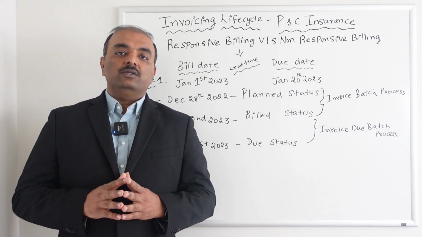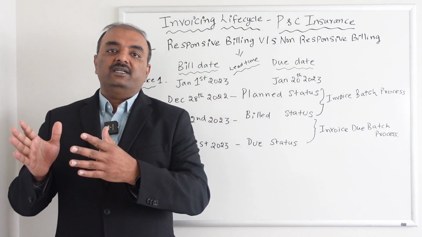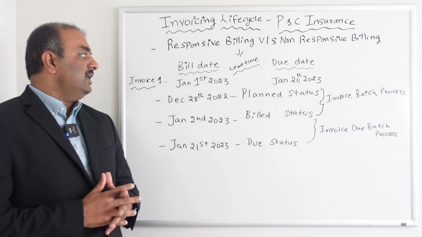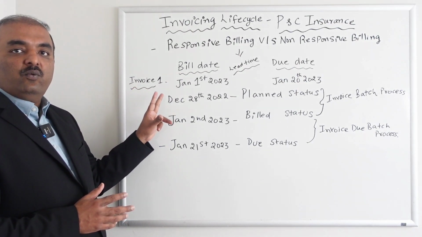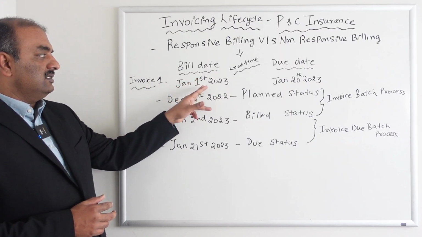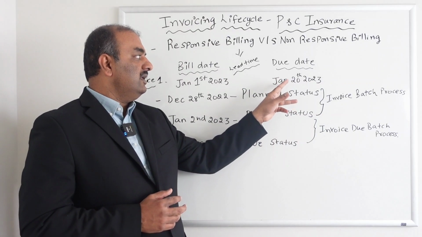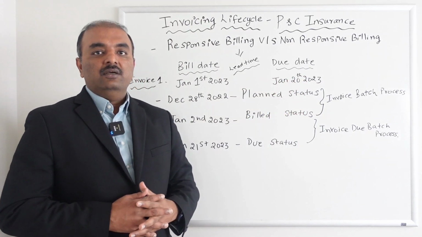Now let's come to the invoicing life cycle. How does the flow happen when it comes to invoicing? If you take this example, we have invoice number 1. It has a bill date, which is January 1st, 2023, and a due date of January 20th, 2023, which means